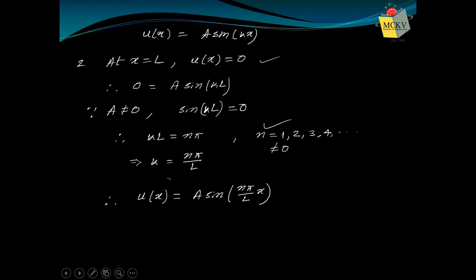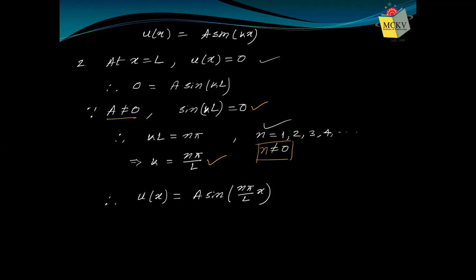Then we use the second boundary condition, and in it A cannot be 0. If we apply the second boundary condition, A into sin kL will be 0. We cannot say A is 0, because if A is 0, there will not be any existence of the wave function. The wave function would always be 0, which is not possible. So the only other option is sin kL is 0, and in that case k will be n pi by L, where mathematically n can be 0 or any integer, but since we are discussing physical cases, n cannot be 0.